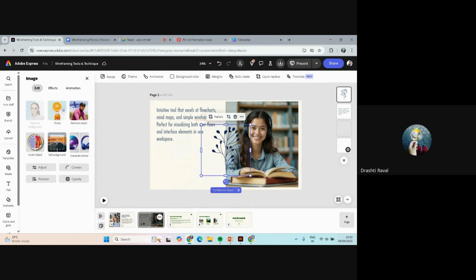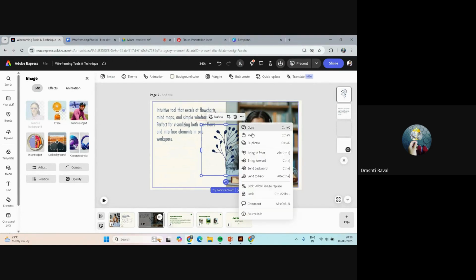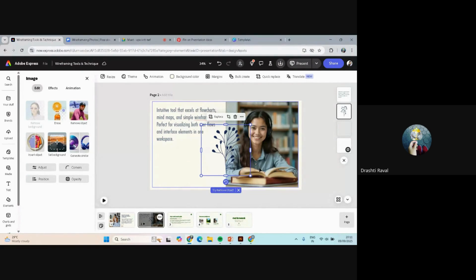When you select on this object, you can see there is an option called replace, crop, delete, and there is more option. In more option, you can go to copy, paste, duplicate, bring to front. Right now that is already in front. Bring forward means similar things. Send to backward, and when you click on send to backward,